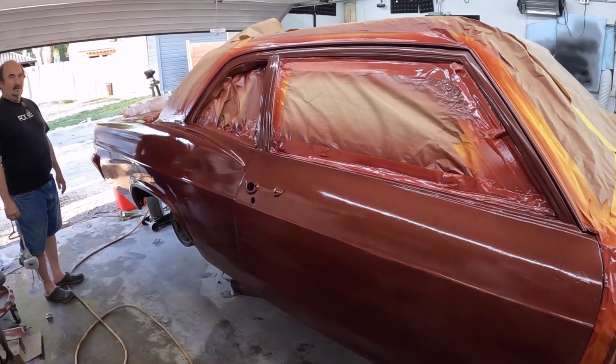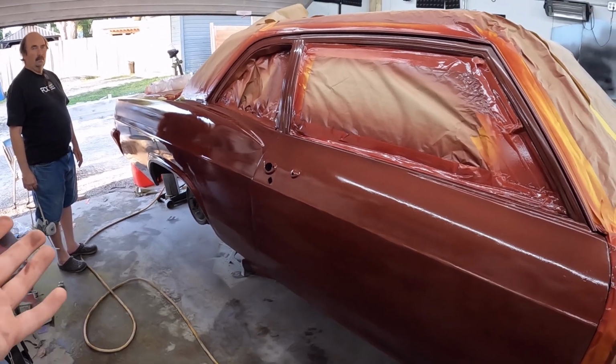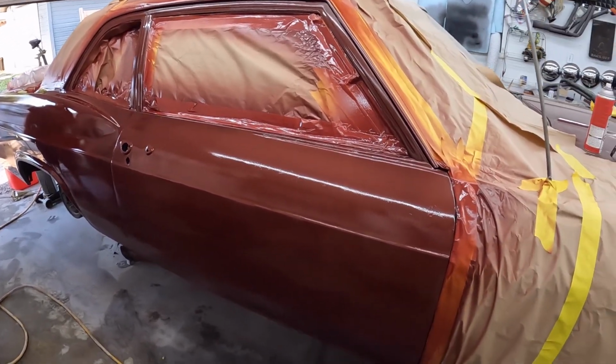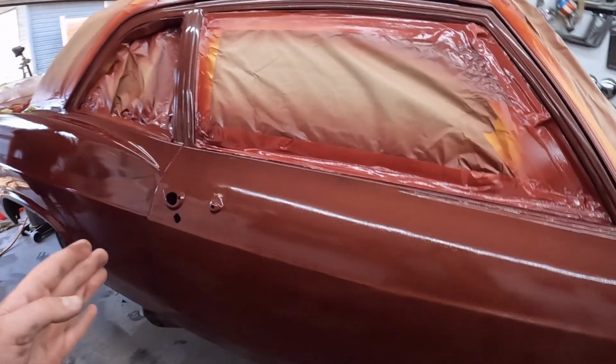So first coat's on, actually it covered really well and looks shockingly better than I thought. Camera always makes it look better. So it's been about 15 or so minutes. It's still bleeding through in areas, but now what Murr's going to do is we're going to paint it differently,